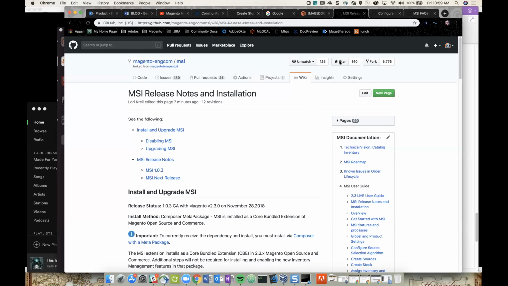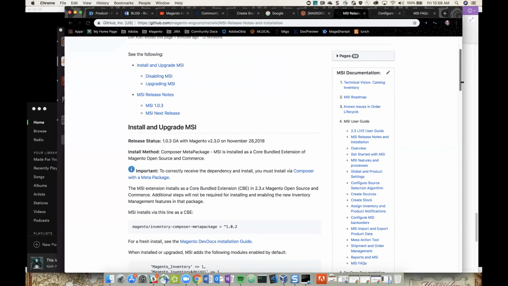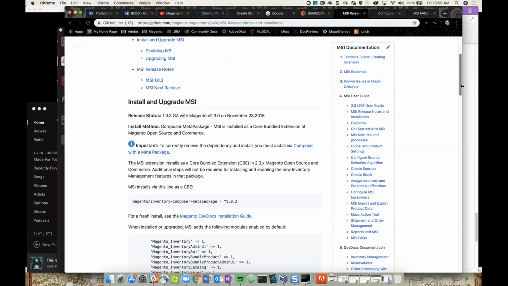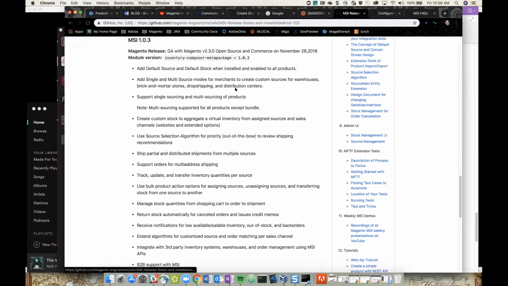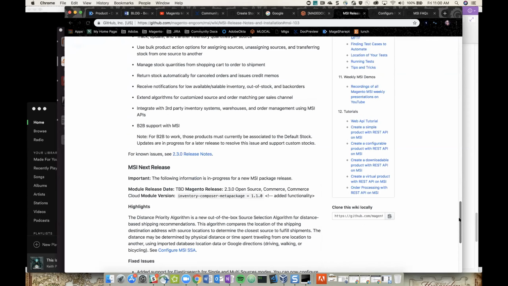So I've added, and I'll be adding these links to the Slack channel, a new page where I've moved all of the install, upgrade, and disabling modules information to one page in the wiki, and I'm also starting to track all of the release notes. You'll see all of the info that used to be on that overview page, but it was kind of lost and hidden. It's got its own page here, including a quick overview of what we released with the first release of MSI, and a draft of what's to come for the